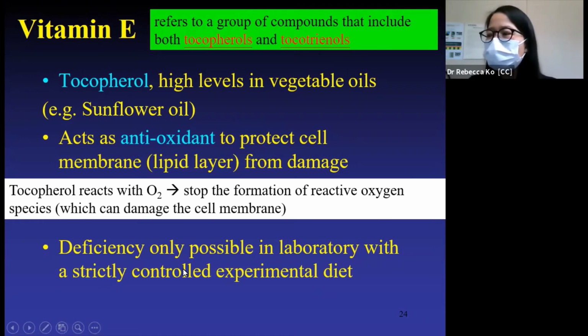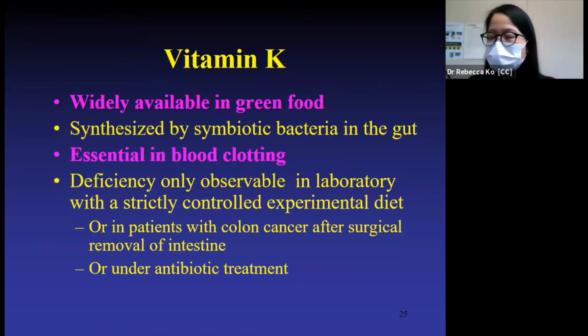Apart from vitamin E, the last one is vitamin K. Vitamin K is widely available from green food, let's say vegetables, broccoli, kiwi fruit, right? We have vitamin K. It can be synthesized by symbiotic bacteria in the gut. Actually, vitamin K is so important because it is an essential